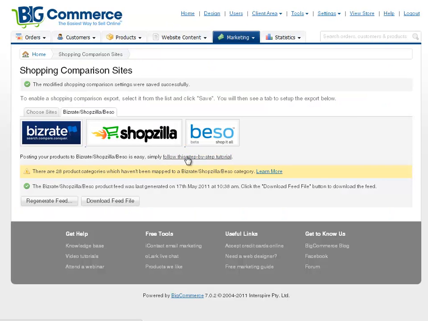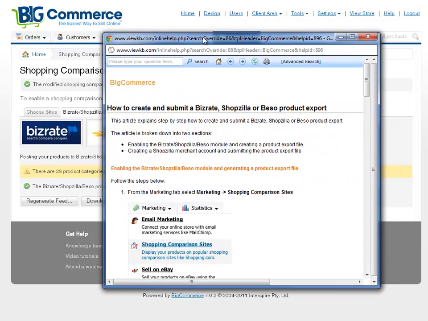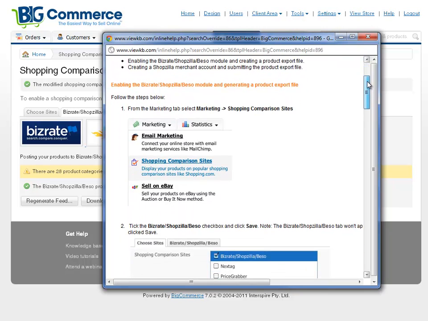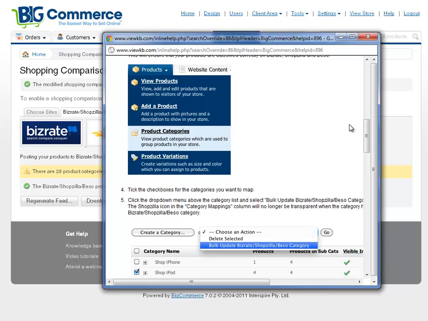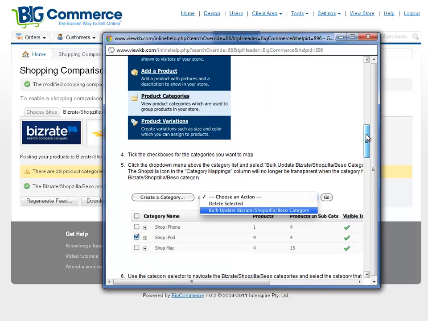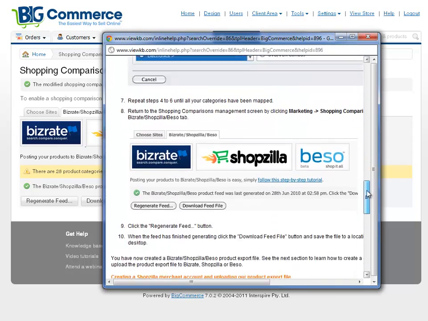If you follow the step-by-step tutorial, it'll open up a little guide here, and it's really intuitive. You walk through it step by step. Every instruction is exactly as you need. They screen printed each area. It works really nice. It's not hard to set up, and then all your products will be searchable across these